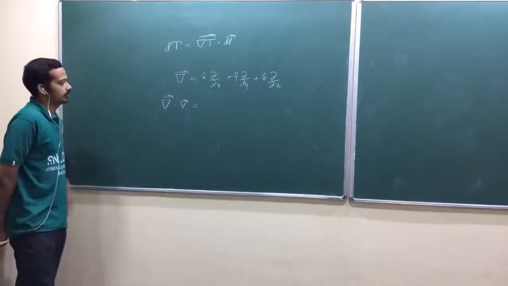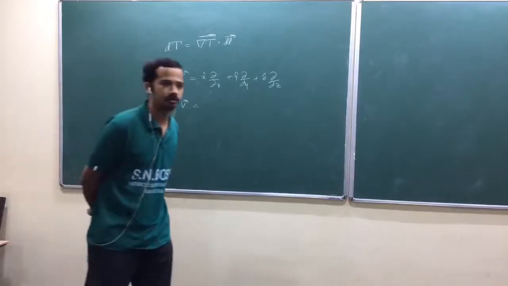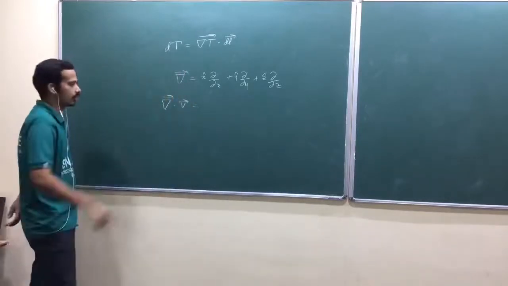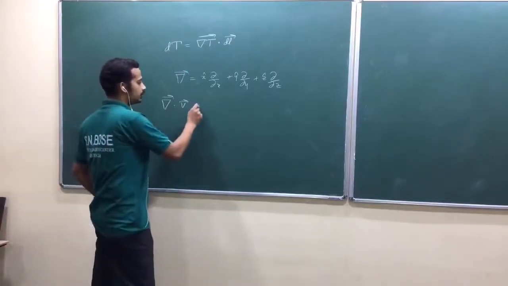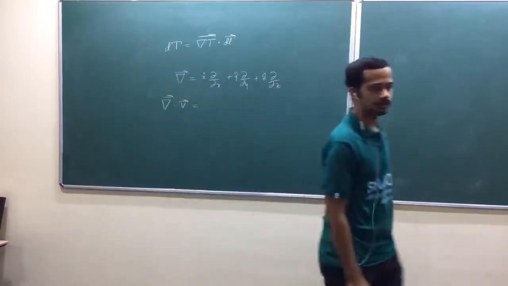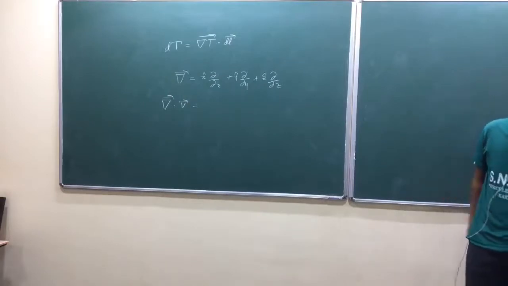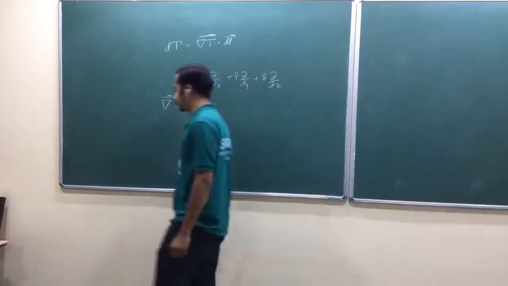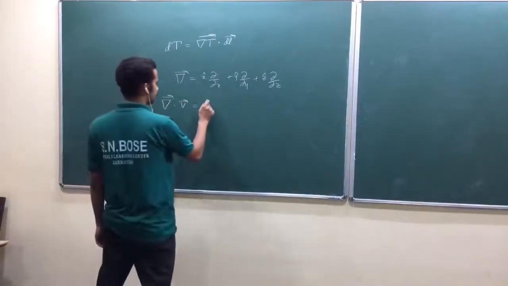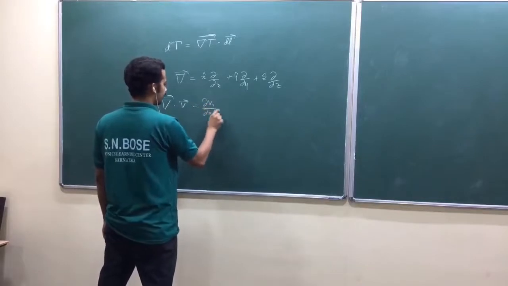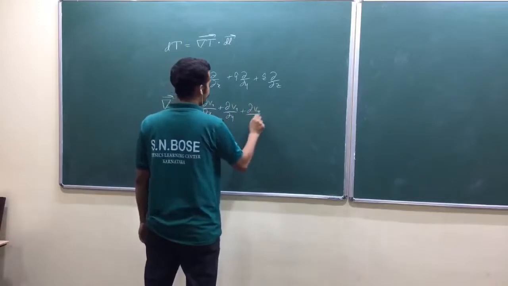Now once you write this, one physical interpretation is that it is a measure of how much that vector field diverges. For a constant vector field, it will be 0, isn't it? Not only that, it's a volume density of outward flux. It's a density, a point variable, it depends on the point in space. It's the volume density of outward flux at any point in space. So that's equal to dou Vx by dou x plus dou Vy by dou y plus dou Vz by dou z. Am I right?